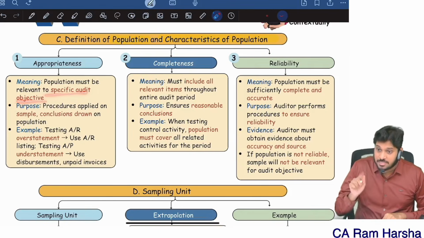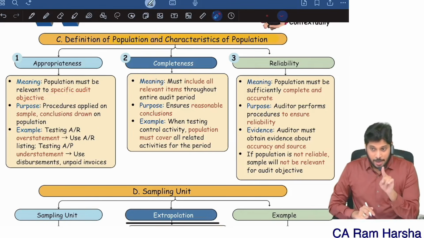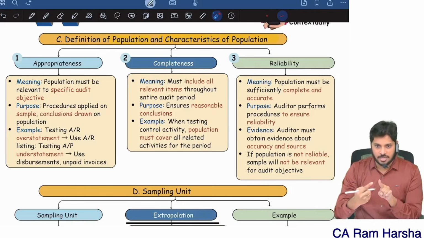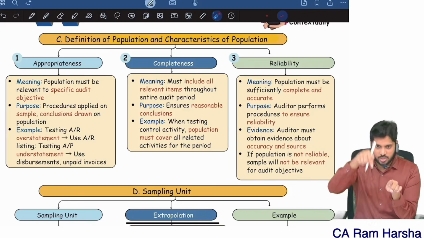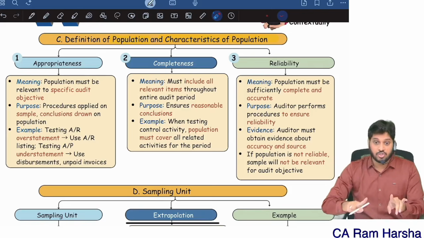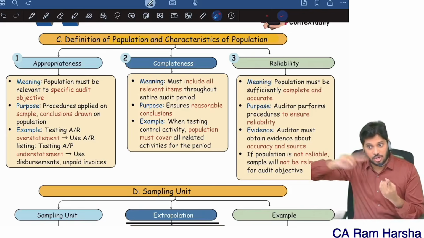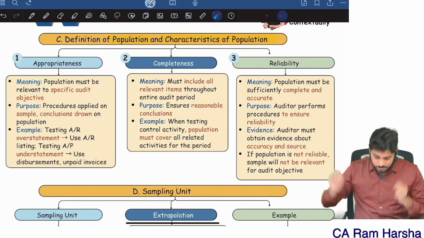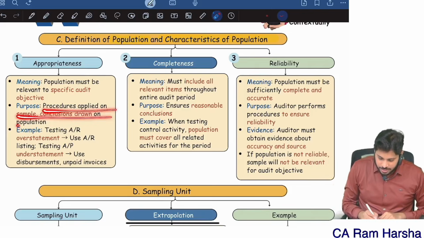It must be specific to the audit objective, like appropriate population, relevant to population, nothing but. If I want to check existence, actual transactions recorded. If I want to check completeness, supporting records. Remember that example? Purpose. Procedures applied on sample. Example, testing,